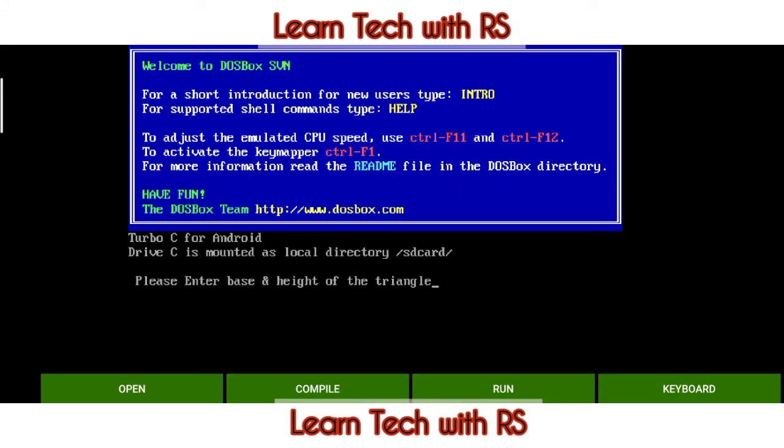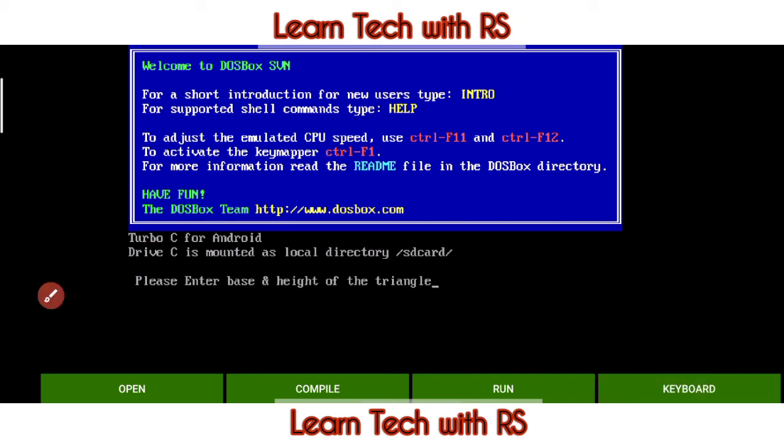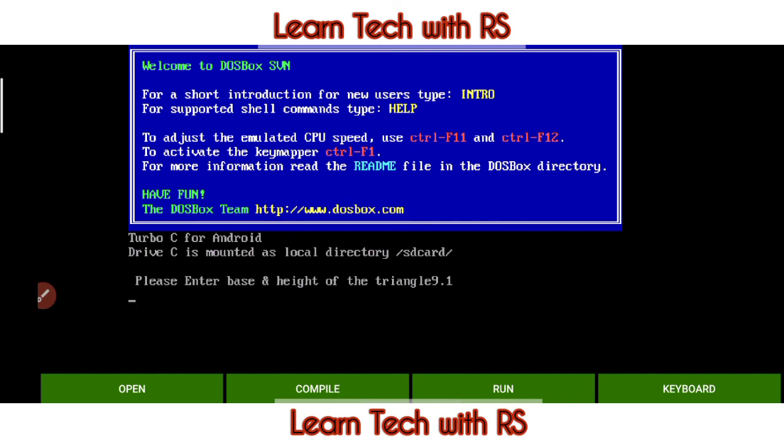Wow, so see here it is asking please enter the base and height of the triangle. Okay, so first we will give base, for example base maybe 9.1, enter. Now you can see I have written 9.1.